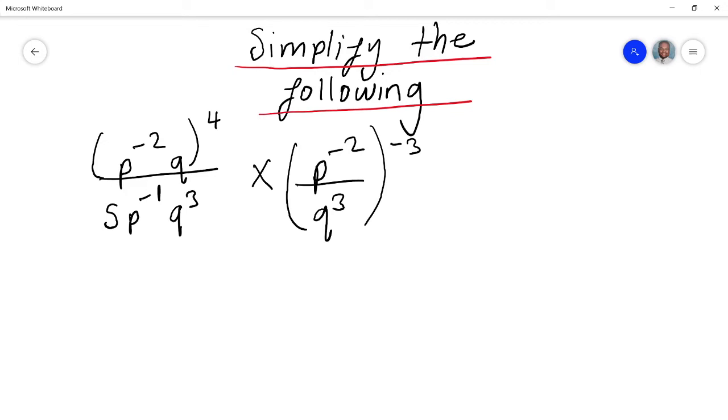Hi guys, in this episode of the series, we're going to be talking about simplifying complex index law questions, alright? Now, I mentioned before in the previous videos that you will be getting questions where you need to apply more than one or even two laws of indices in a particular question, alright? And when we work through these questions, we need to go through a step-by-step process and procedure to get to